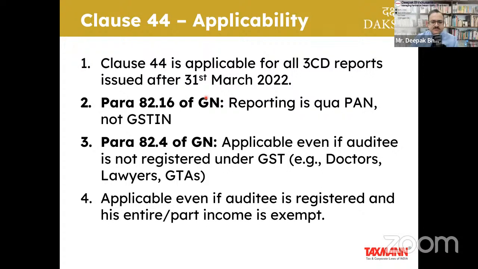Second, if I look at para number 82.16 of the Institute's Guidance Note, it says in very clear terms that the reporting under Clause 44 needs to be qua PAN, not GSTIN. Not GSTIN. There may be a situation where one company or one assessee might have multiple GSTINs, but that does not mean that you have to